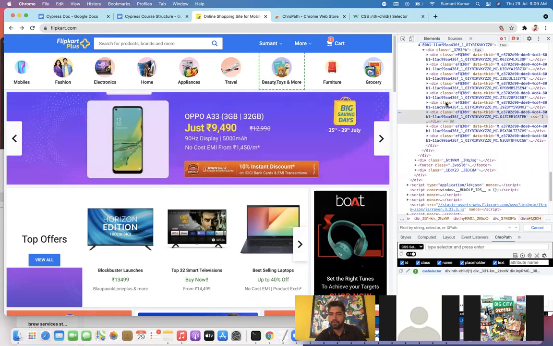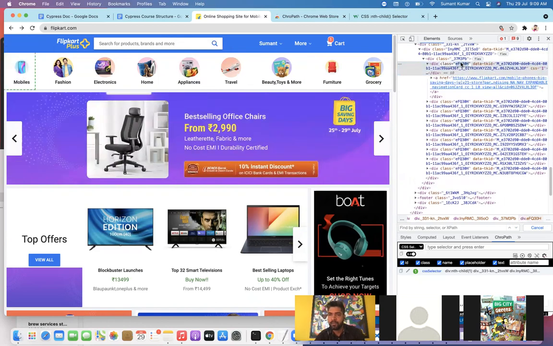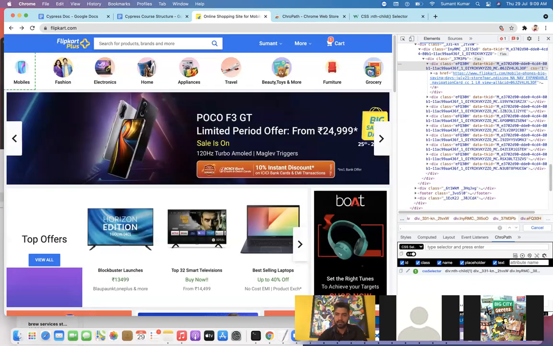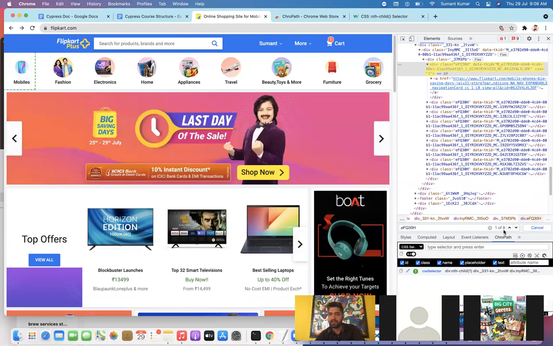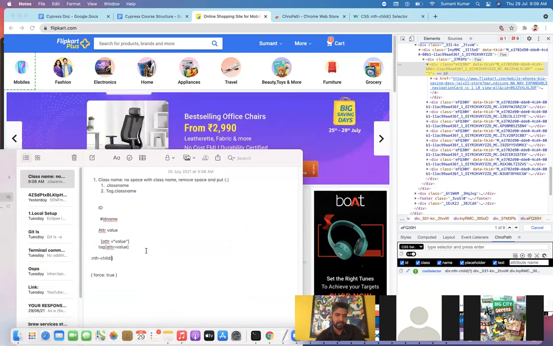So we are here. Let's see if I use this particular class. We have many elements with the same class name. So let's say I'm using this dot and class name. We can see 9 elements, correct? One of 9. So at that time, if you use this nth child concept, I guess it will work.